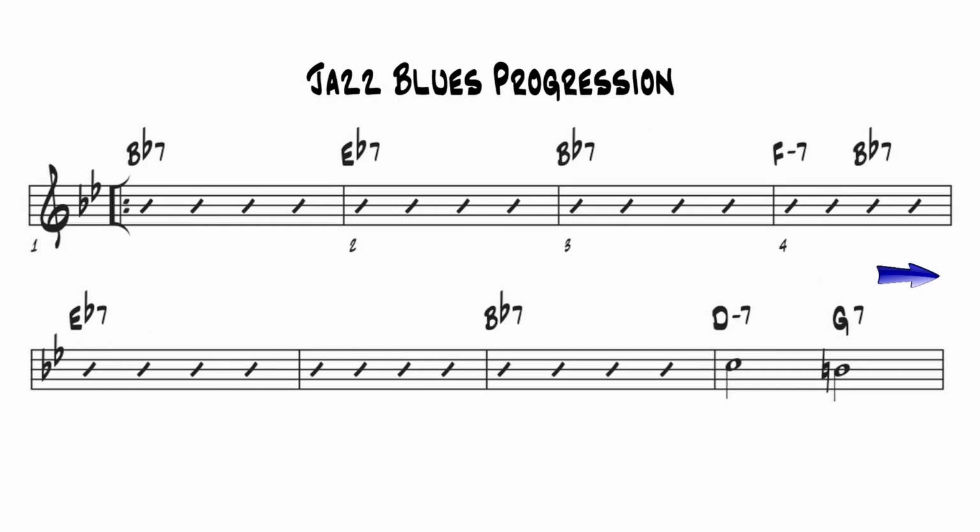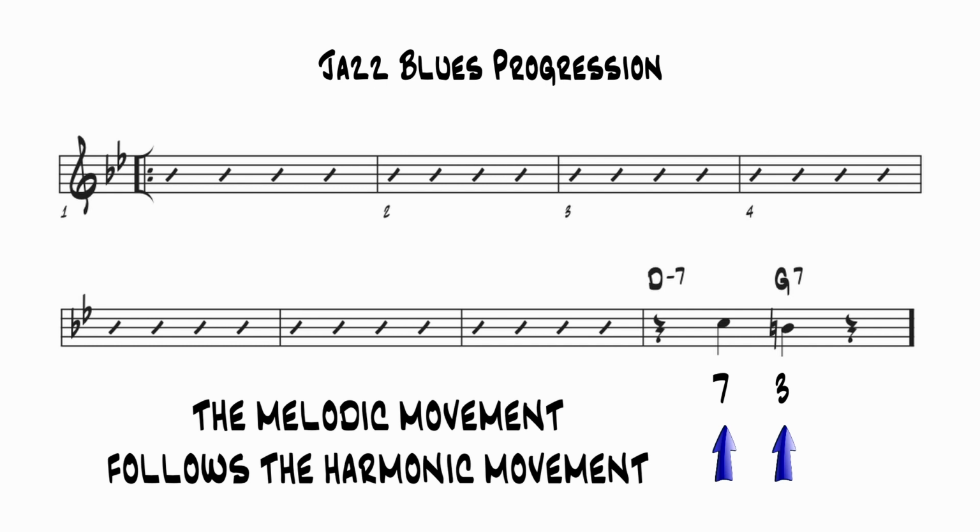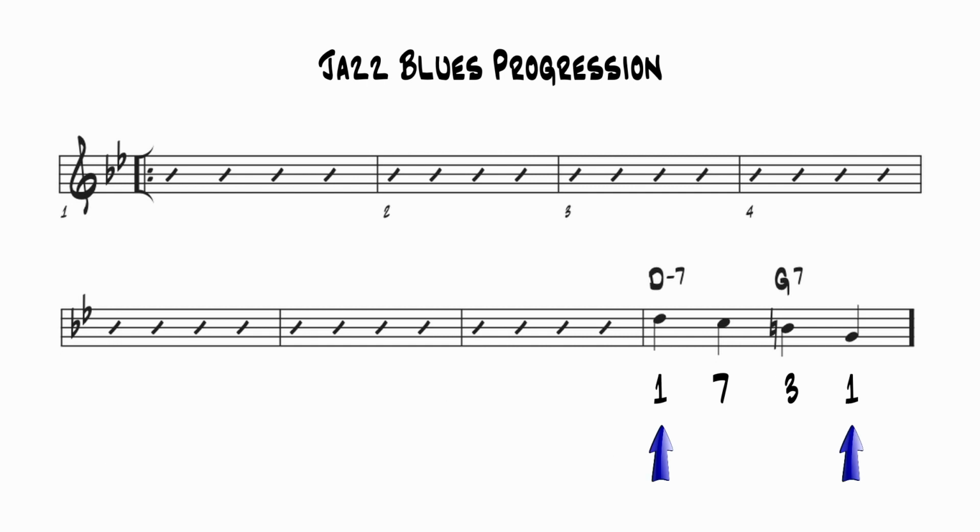And we need to incorporate the non-diatonic major third of the 6th chord to get the sound of this bar. We'll start by inserting the 7 of the 2 chord and the 3 of the 5 chord on the 2nd and 3rd beats of the bar, so that the melodic movement follows the harmonic movement. Now we sandwich those 2 notes between the roots of the 2 chords. This gives us a simple melodic pattern that clearly follows the contours of the 2/5 by playing root, 7, 3,